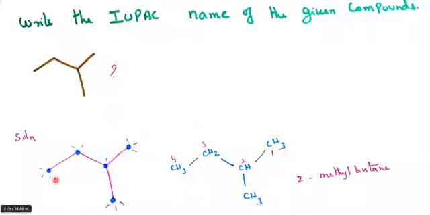So I write the structure: CH3, linked with CH2. So single bond CH2, and then this linked with CH, and this linked with the CH. Then this CH linked with the 2 CH3. Here one CH3 and here one CH3. So I write a CH3 here as well as here. So now numbering 1, 2, 3, 4. In the second carbon, methyl is attached. So 2-methyl. Four carbons is butane. 2-methylbutane.